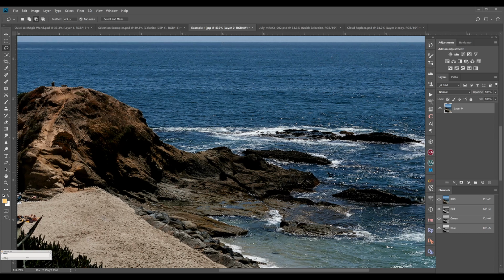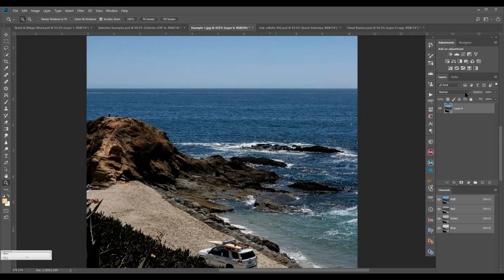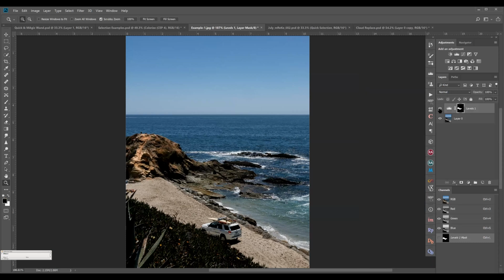So this is how you are using multiple tools in one particular scenario. So now you are using multiple tools for this selection. So now you have done the selection. So what I have to do, if I have to slightly do an exposure or brightness, so I will just click here, go to levels, and I will just brighten it. Okay. So if you see, I have just brightened that particular area. I have not touched the surrounding areas or the sky or anything. So this is where the different tools work.